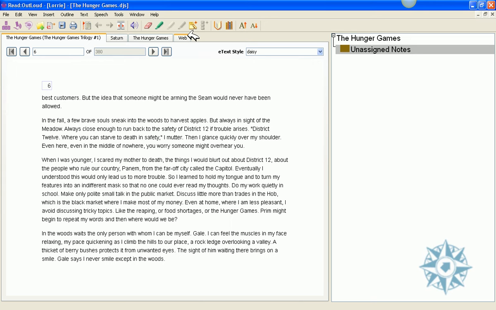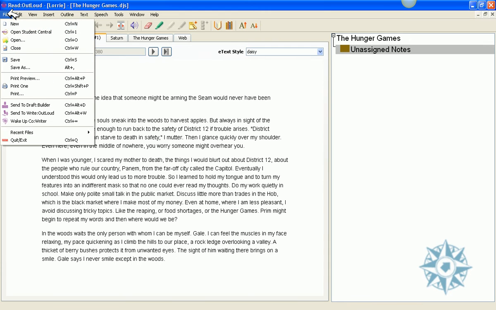Let's go look under the File menu. The File menu, you might recognize New, and Save, and Print. These are identical icons to those you would find in Microsoft products like Word or PowerPoint. Opening Student Central here